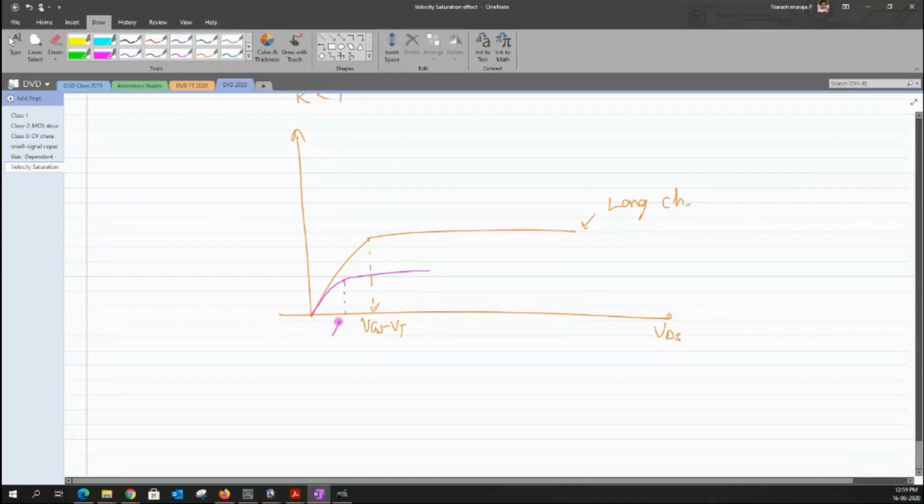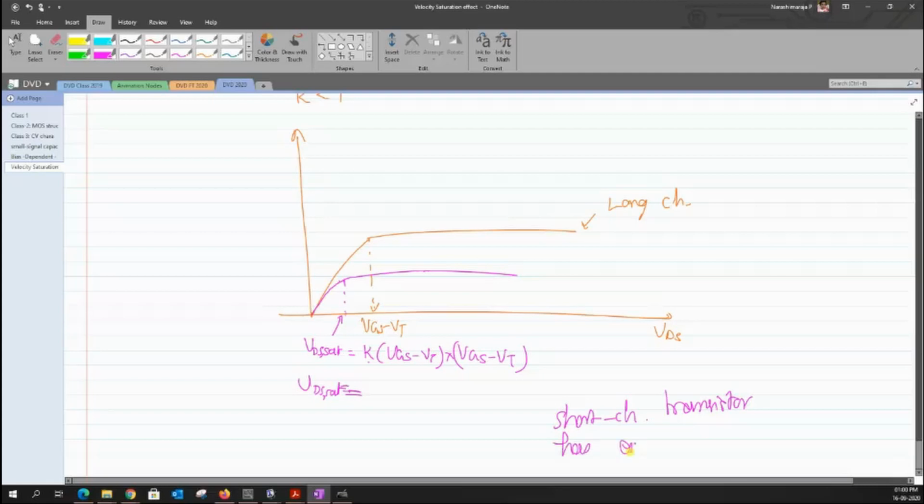At this point itself, I'm entering into saturation and I'm marking this voltage as VDS sat, and that VDS sat can be written as kappa of VGS minus VT into VGS minus VT. And we know that this kappa value will be small, right? So due to which I'll be entering into the saturation regime before the value of VDS is equal to VGS minus VT. Okay, and due to which the short channel transistor